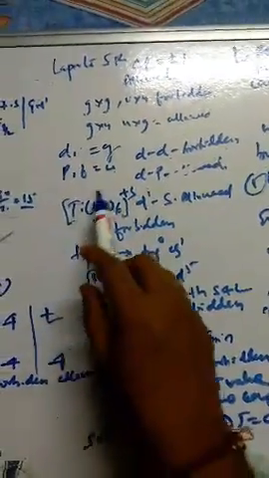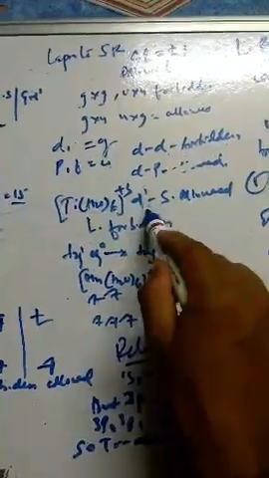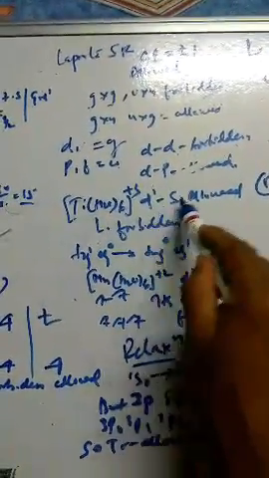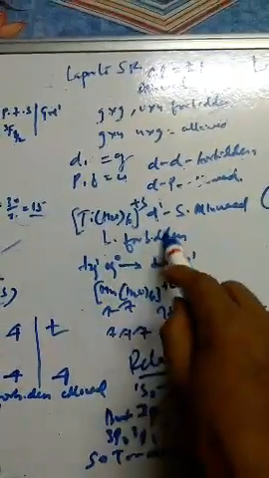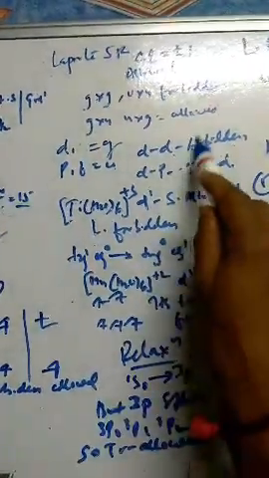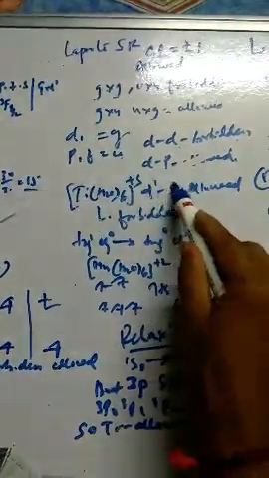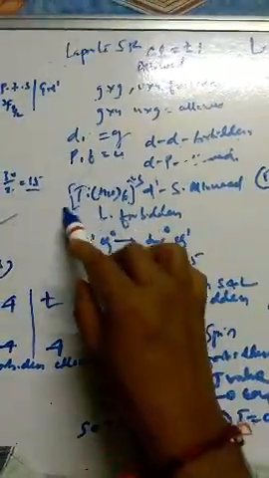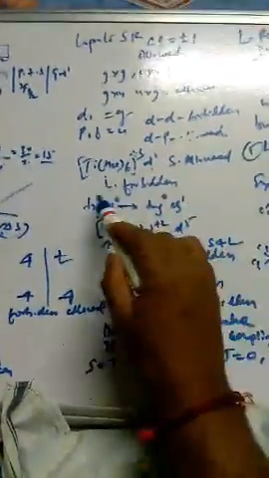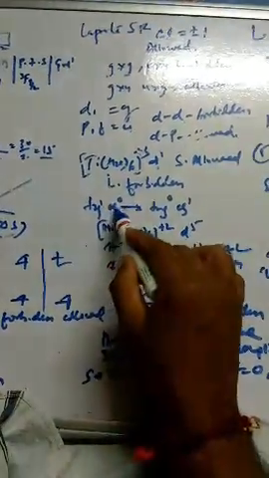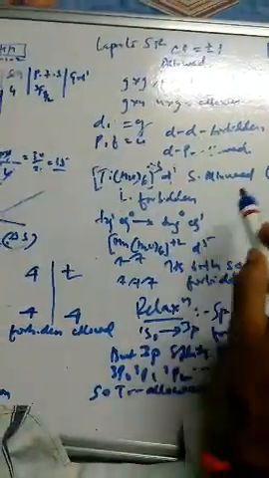For example, take titanium hexaaqua plus 3, which is a d1 system, titanium plus 3, d1 system. So it is spin allowed, but it is Laporte forbidden. Why? Because it's a d-d transition, and a d-d transition is Laporte forbidden. But it is still colored, because as a d1 system it is spin allowed, so that's why it is purple in color, because the transition will be there from t2g1 eg0 to t2g0 eg1.